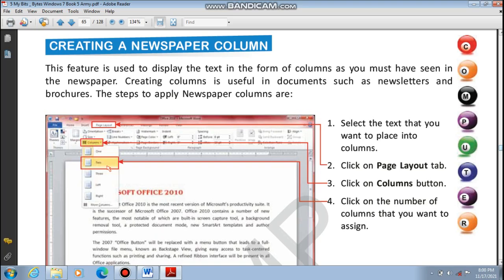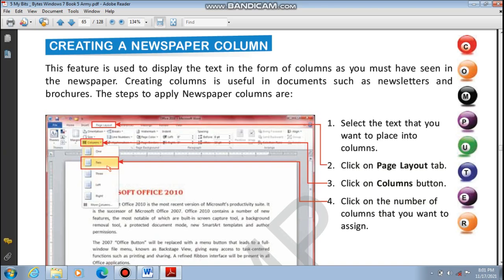Okay, जो newspaper में जो column आता है, that is quite different from the general topic that we discuss. So how you can create a newspaper column by using Microsoft Word. So before discussing the steps, how we can convert a document into a newspaper column.